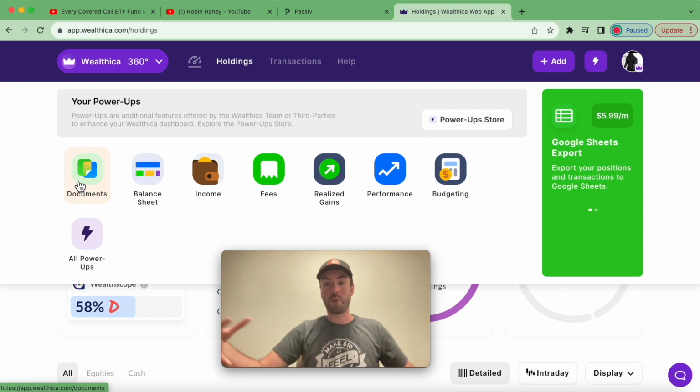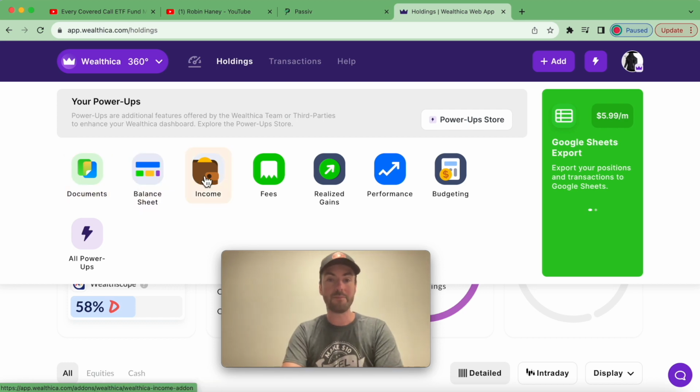Documents is meant to pull all your tax information, but I have yet to see that automatically happen. Balance sheet. Income, again, another good one for tracking your dividends and the individual amounts. Fees, of course, what your trading costs are, it'll track that, which is really great if you are someone who,